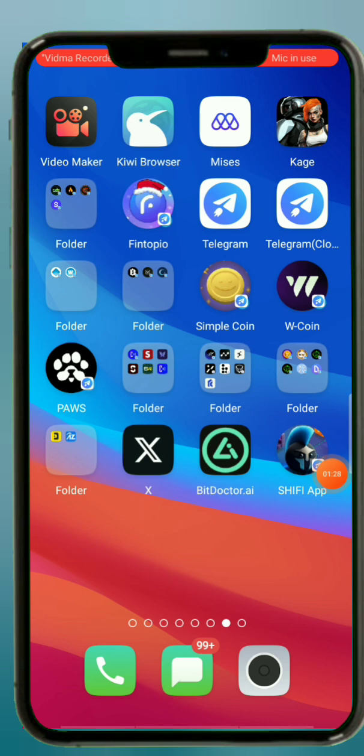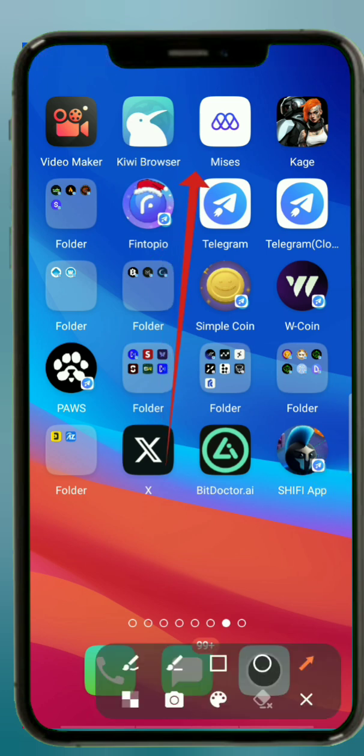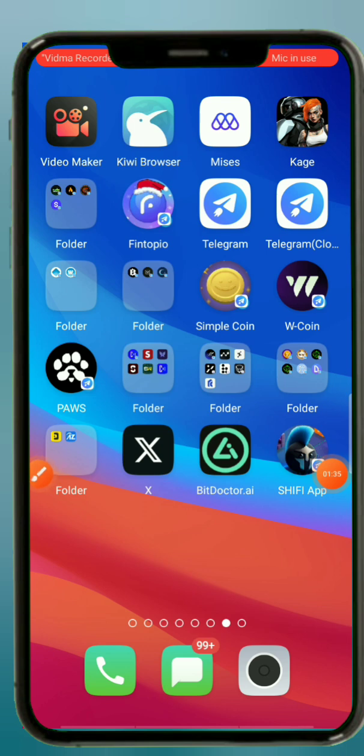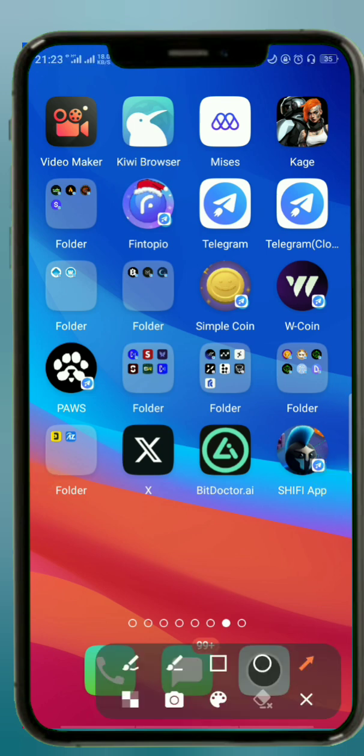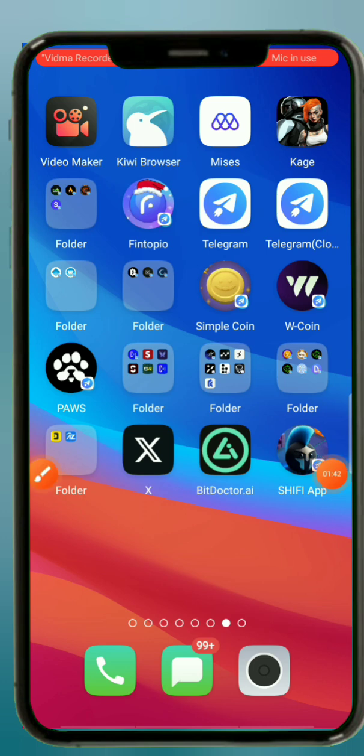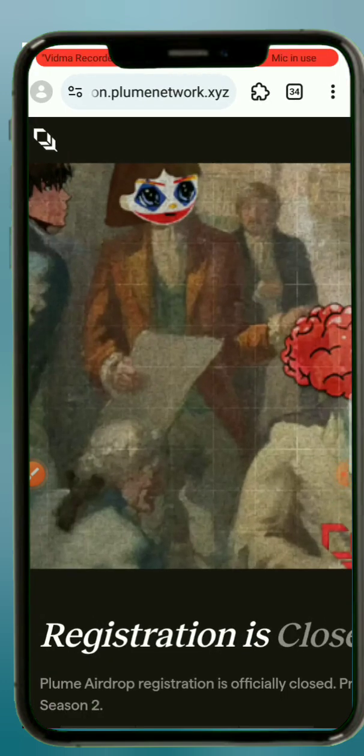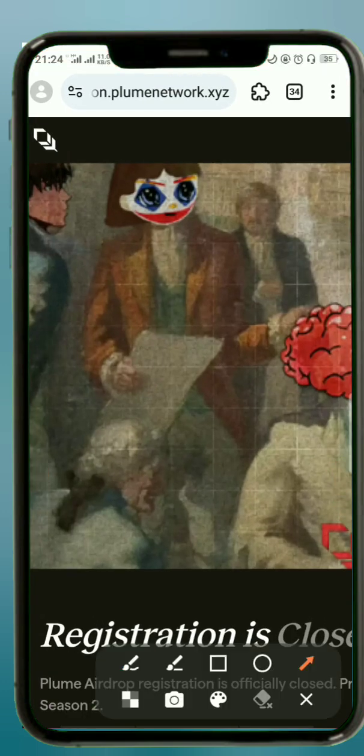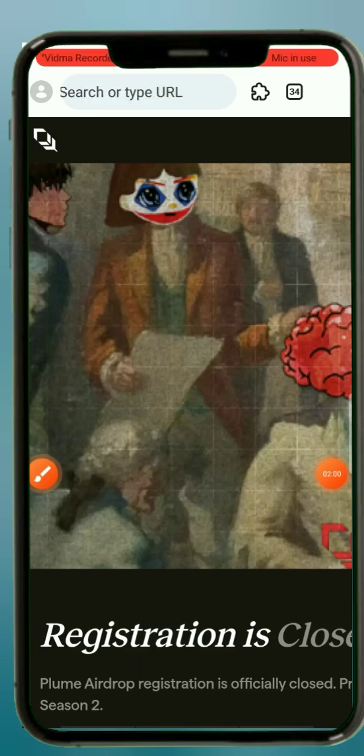So firstly, what you have to do here is go to Mrs. browser, or you can use Kiwi browser here. As you can see, I have Kiwi browser and Mrs. browser, but I'm going to be using Mrs. browser. That's if you are mining from your smartphone. You can actually use Chrome browser for your PC. Then use the link in the description. You can copy it and paste it on your Mrs. browser. Since I've already registered, I'm going to type in